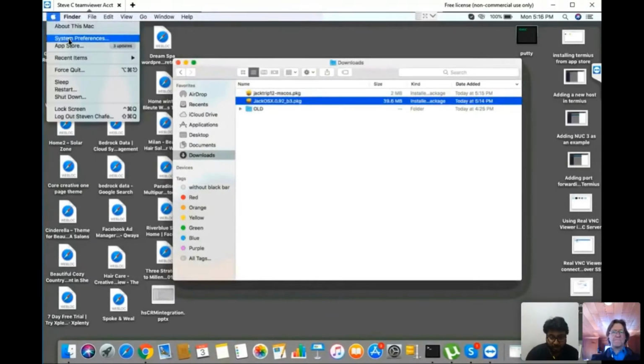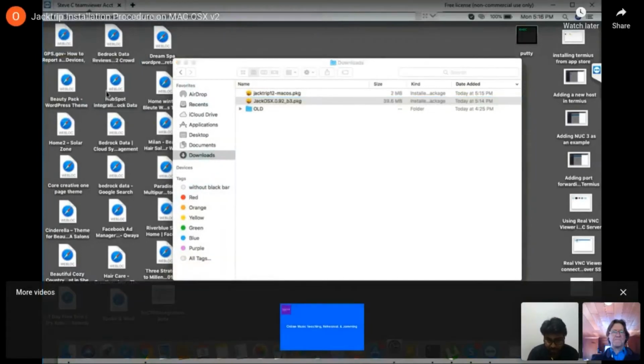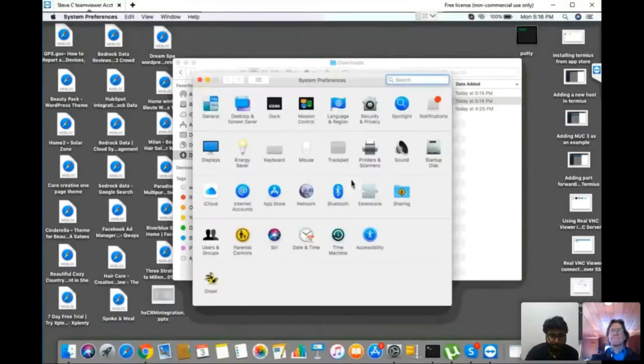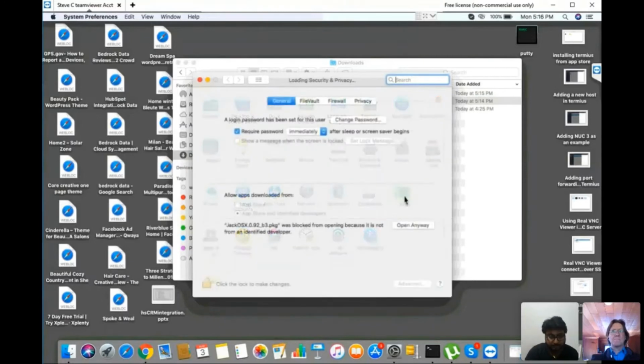Okay, so the Jack software, the main software, is not directly from the Mac App Store, and you need to install it by going to the security settings of the Mac, which is security preferences, I think, and this is the way you need to go in this video. Go to System Preferences, Security and Privacy,